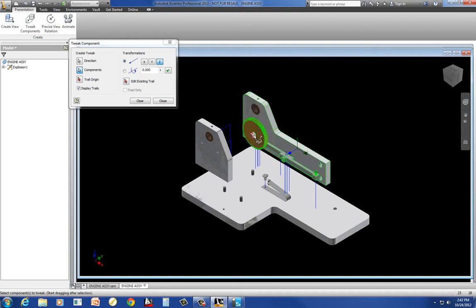And now it's bringing the whole thing out. So I don't want that one. I'm going to click on that again. I don't want that one. So Control brings them in or brings them out equally. I'm going to bring that there